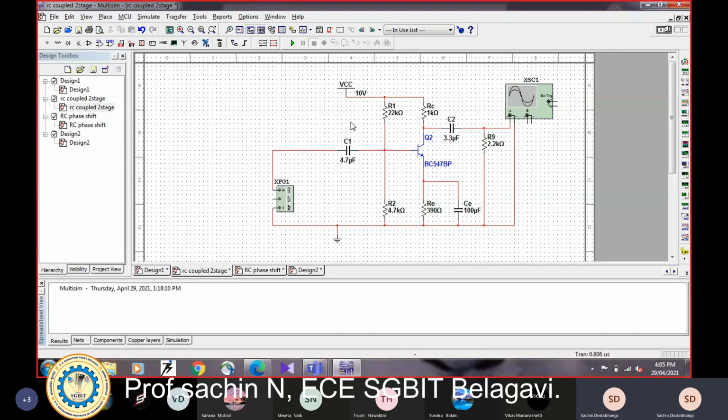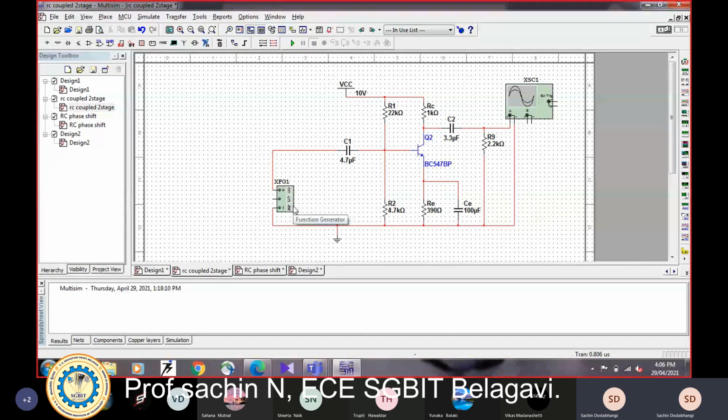This is a CE amplifier. I am teaching about the CE amplifier. This is your voltage divider circuit. To this voltage divider circuit, I have connected an input coupling capacitor at the input side, an output coupling capacitor at the output side, and a bypass capacitor in parallel with RE. Only these capacitors I have added. I need to apply the input voltage at the leftmost. You can see this cursor, this is your signal generator.